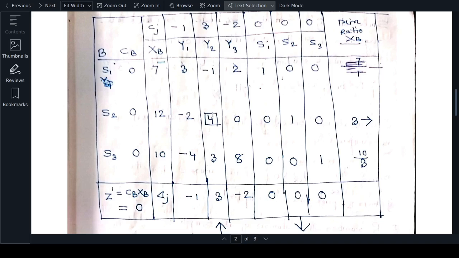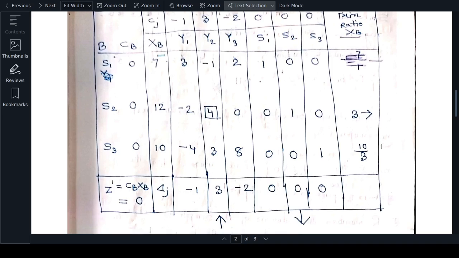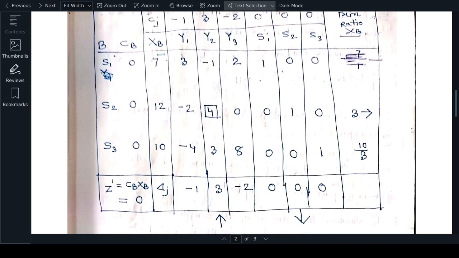So correspondingly in the S2 column you write the outgoing symbol. When the second row, S2 row, is our minimum ratio row, this is out. Then you search in which column S2 is present. So S2 column is this one. So in the S2 column you mark the outgoing symbol. Okay. So in the second table,